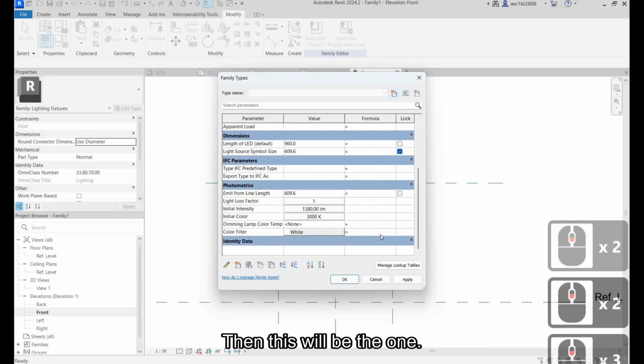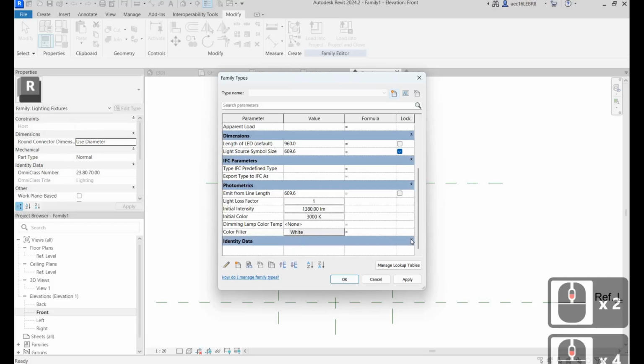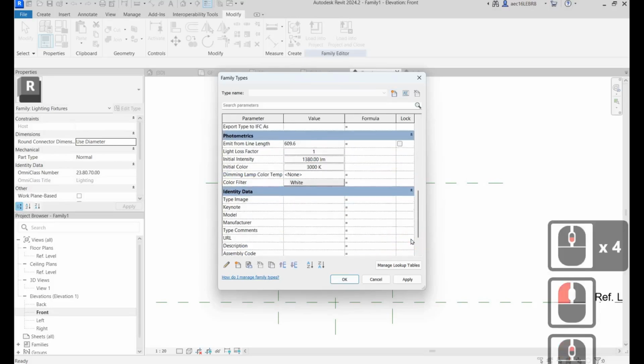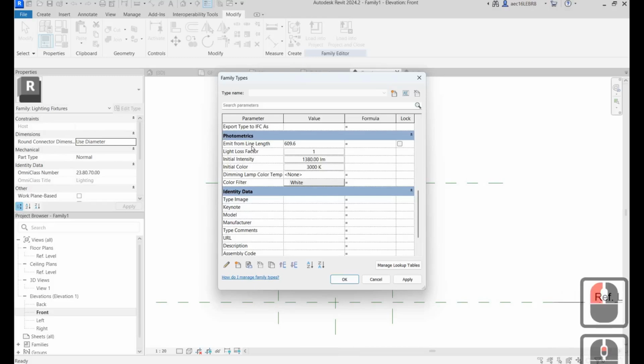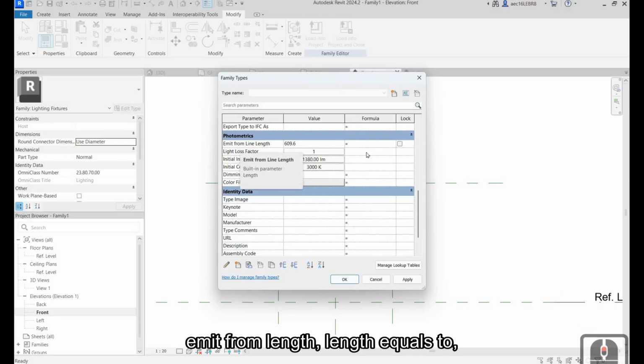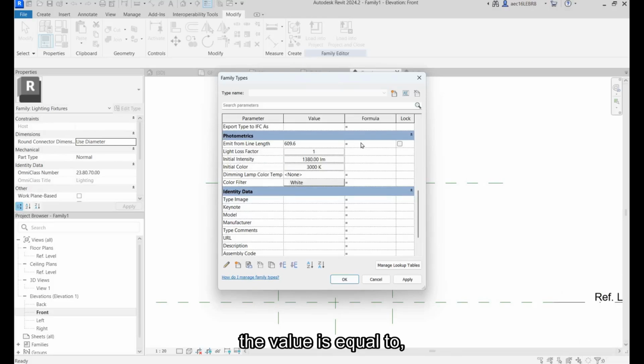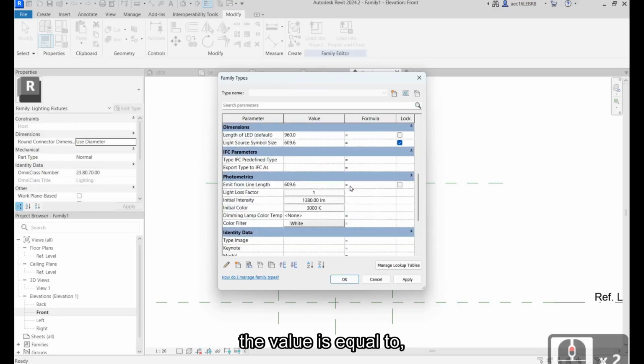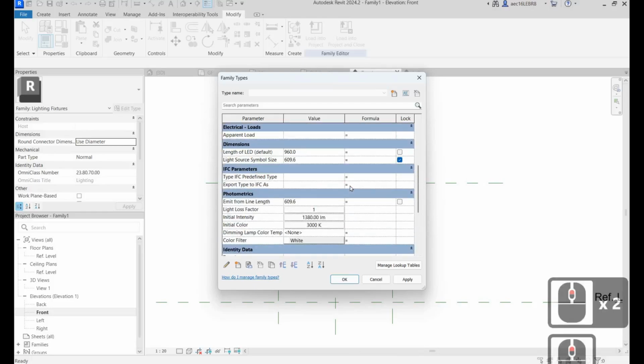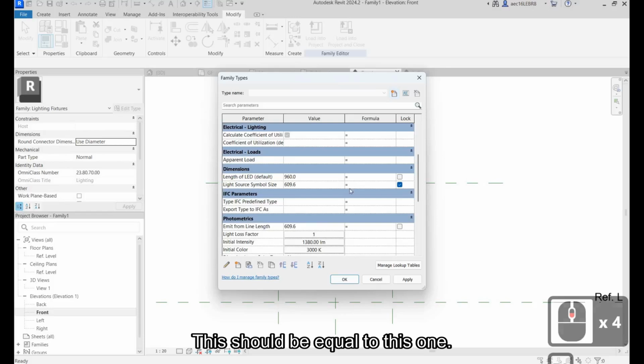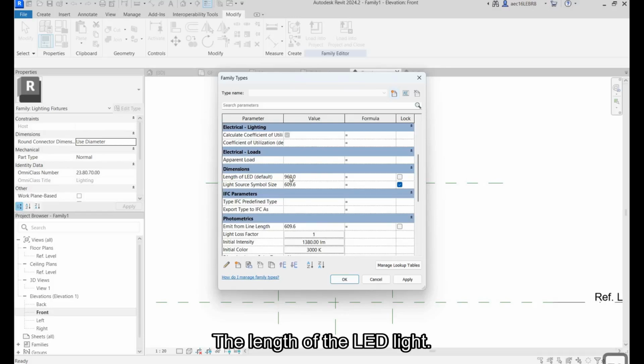Then this will be the one. Okay, emit from length, the value equals to this one, the length of the LED light.